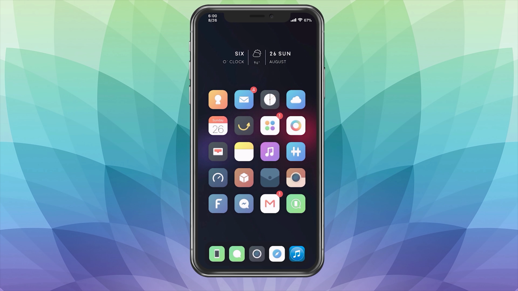In today's video, I'll be showing you how to get a true dark mode theme on your iOS device. Now, I'm not only going to be showing you how to get this system-wide, but also some additional tweaks to get this on some of your social media apps so you can be more efficient and save some